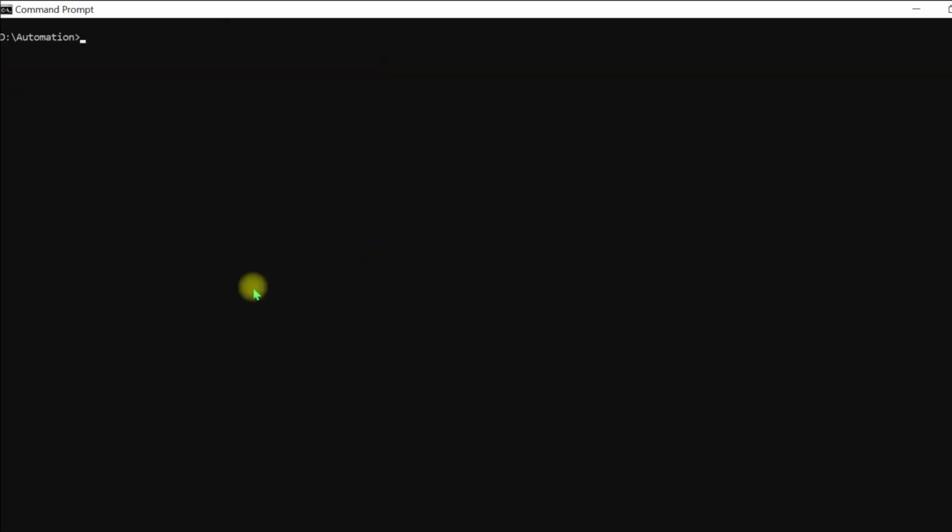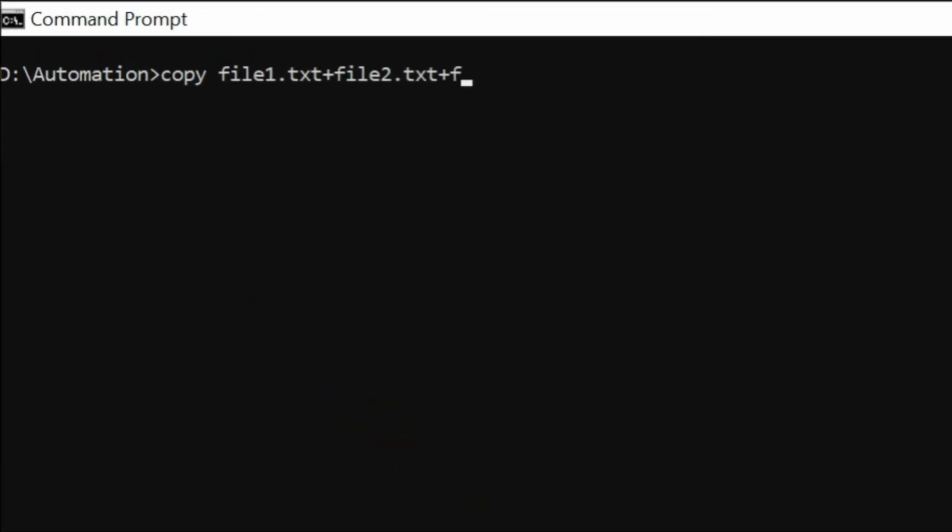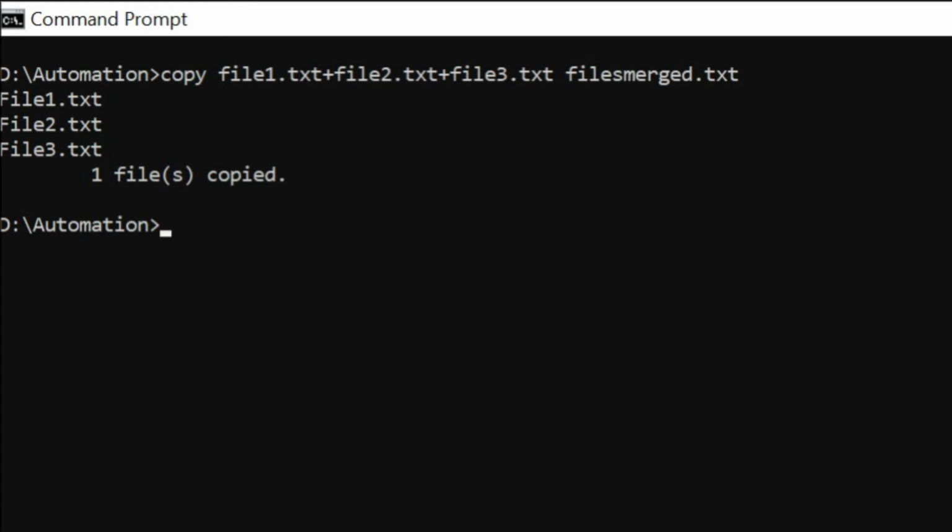Now we want to copy file1.txt plus file2.txt plus file3.txt into one single file in the same folder, files merge.txt. Now I enter. Now we need to know whether the file is copied into a new file called files merged.